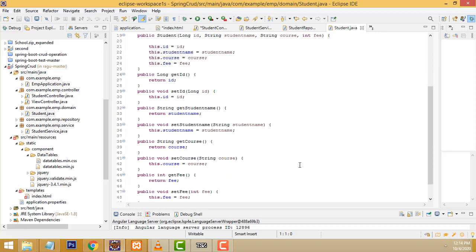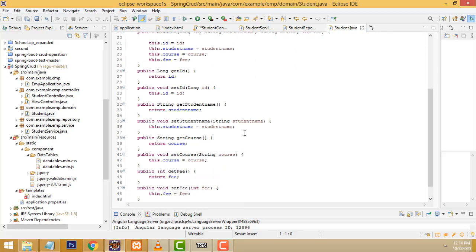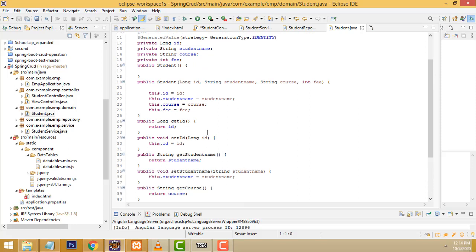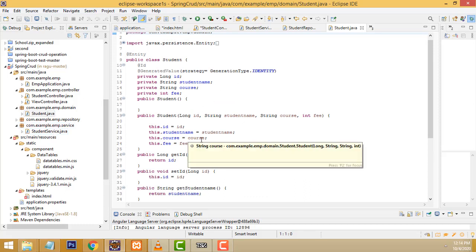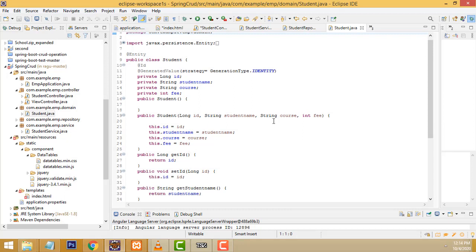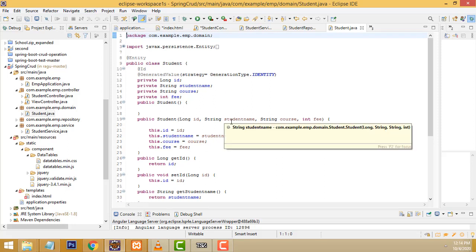It's the domain. All this stuff I taught in my basic CRUD part. That's why I'm not going to talk about how to create the student class, and how to create the repository and service. I'm not going to teach more. I have taught all these things. I will give the link below, so you are able to learn, right? If I teach all this stuff from the beginning, it takes too much time to complete the project. It's so boring while I explain, right?